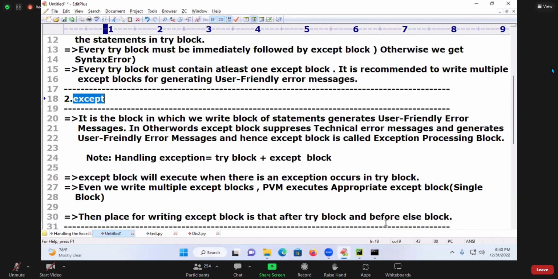Muhammad Siddiqui: Sir, what if there are multiple types of exceptions? My dear student,